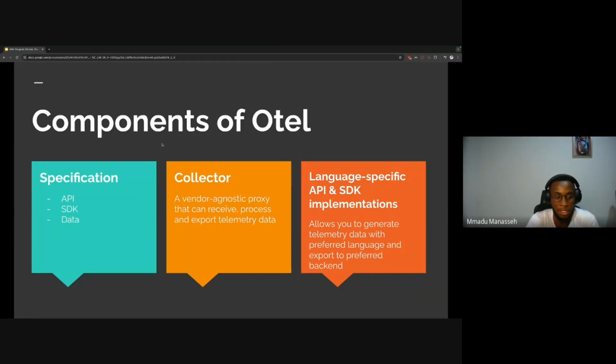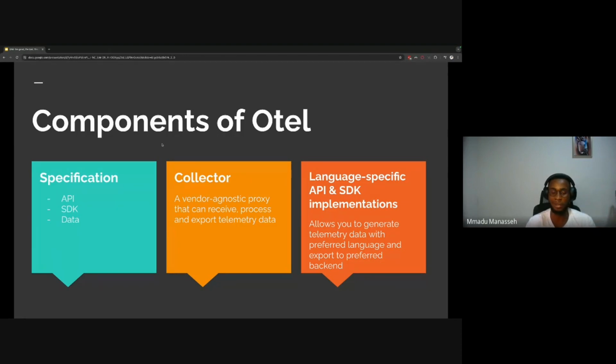The second one is the collector. Otel comes with something called an Otel collector. The Otel collector is like the magic that does all of Otel's things. Everything that Otel does is most times tied to this collector. The collector is responsible for receiving the data, processing the data, and exporting it to your chosen backend. We're going to see in a bit how this collector is implemented, and the components of these collectors as well.